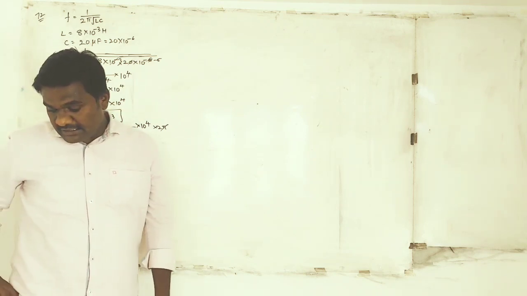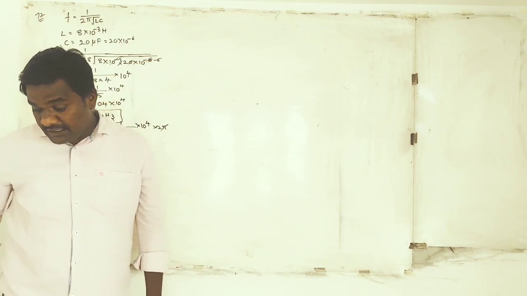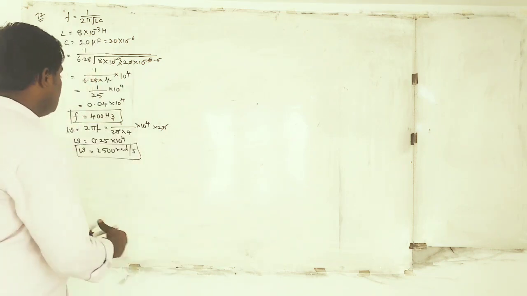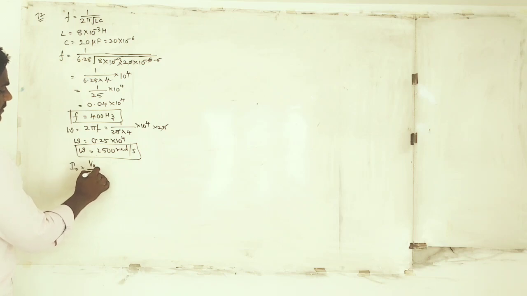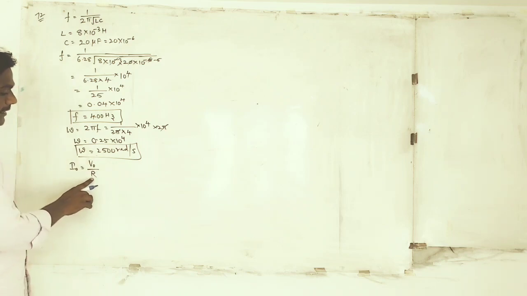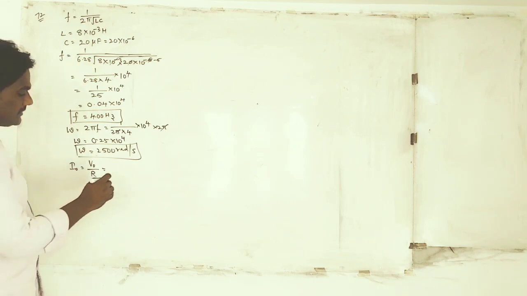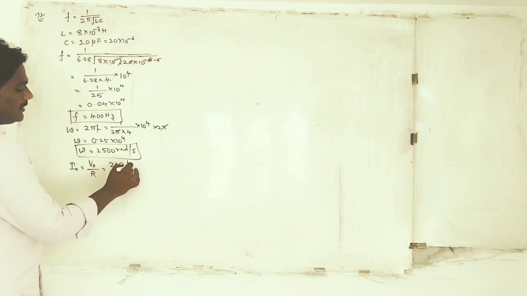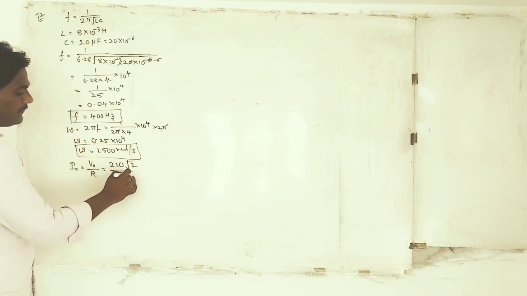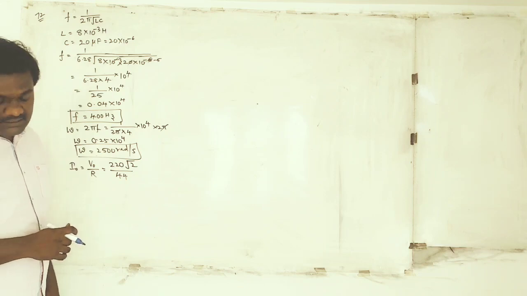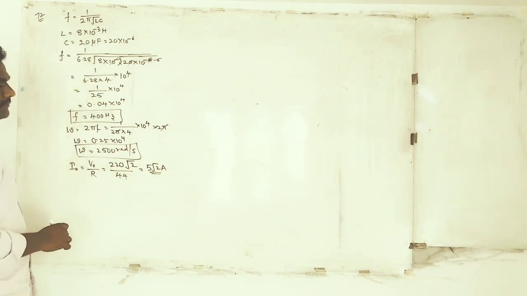Now apart from that, what they are asking is, how much is the amplitude of the current at resonance? I said the amplitude of the current is nothing but I naught equal to V naught by R, because impedance will be equal to resistance. Now what they have given is voltage, which is V RMS, as 220, then convert into peak by multiplying with root 2, then you have 44 ohms as the resistance. Then if you divide this, you will get a current of about 5 root 2 ampere.